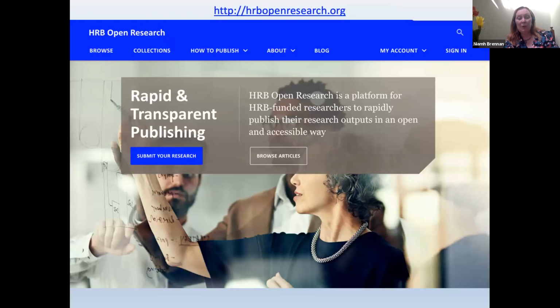One of the great good news stories that we've had, of course, is HRB Open Research, which is an open research publishing platform, and that does continuous publishing, open peer review, and a whole lot of other really interesting things. So that's been a very interesting game changer, funded by the Health Research Board, one of our very innovative funders when it comes to open access.